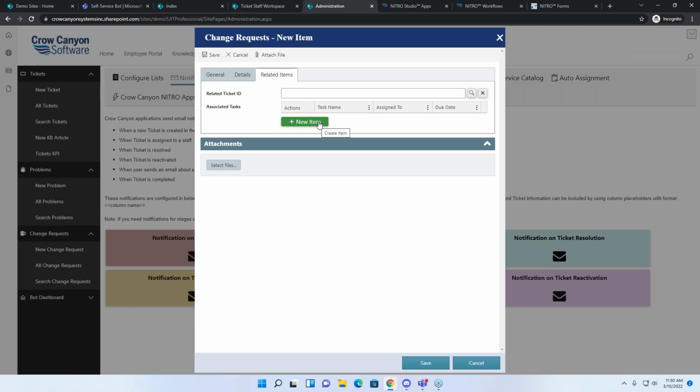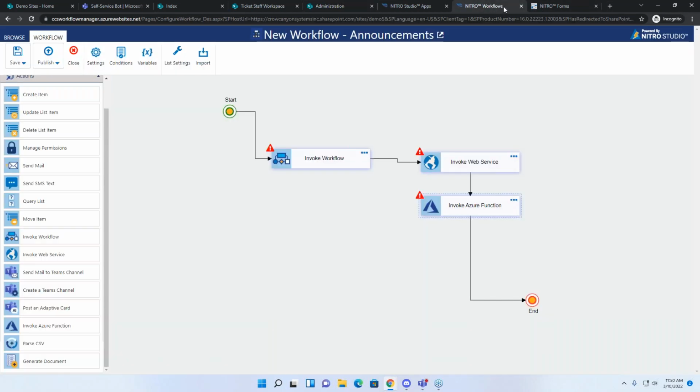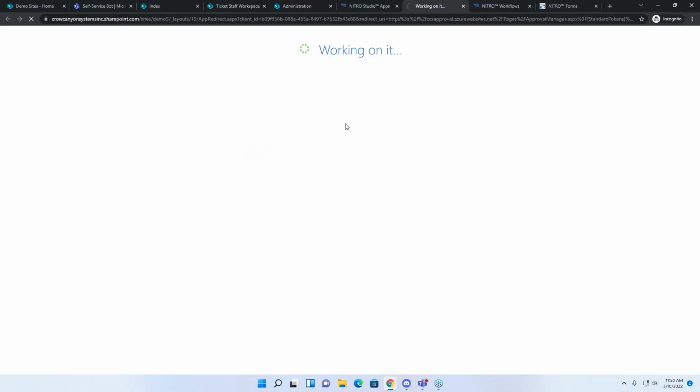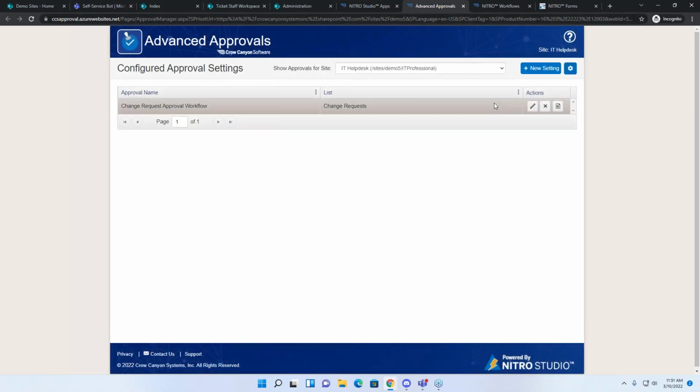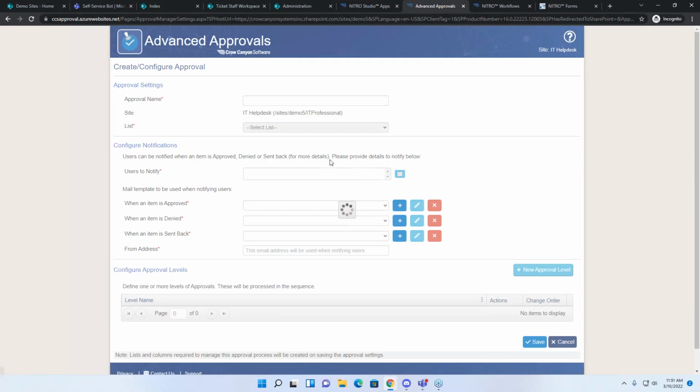So the big feature is, okay, when this change gets submitted, how does it get routed for approval? And one person asked about multiple approvers for that. So that's what I'm going to take a side step for here. I'm going to take a look at the advanced approval app. Now you can do it in either workflows or approvals, but I'm going to walk you through advanced approvals because I think it's going to answer a lot of your questions when it comes to multiple approvers and multiple levels